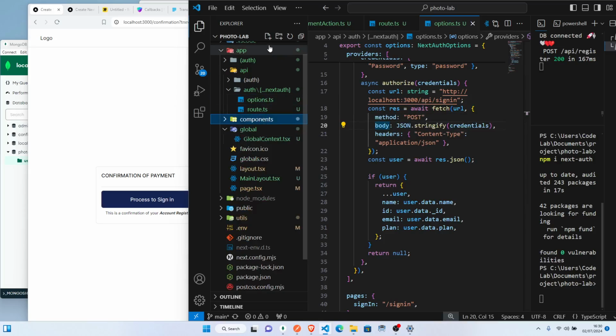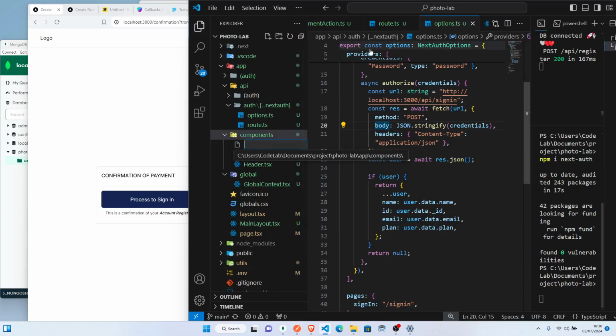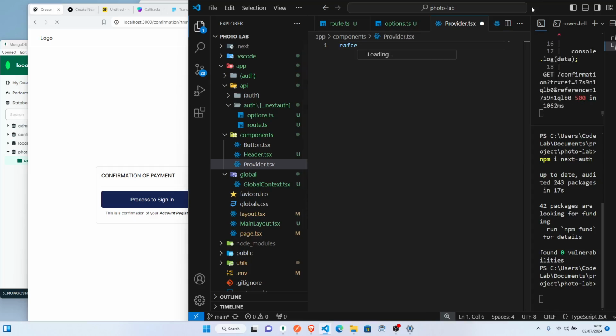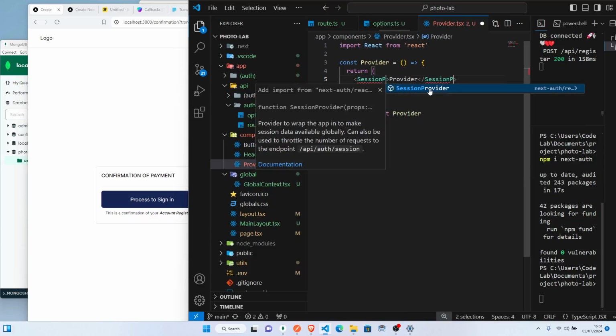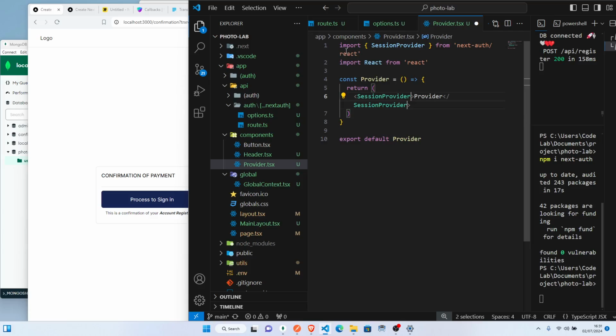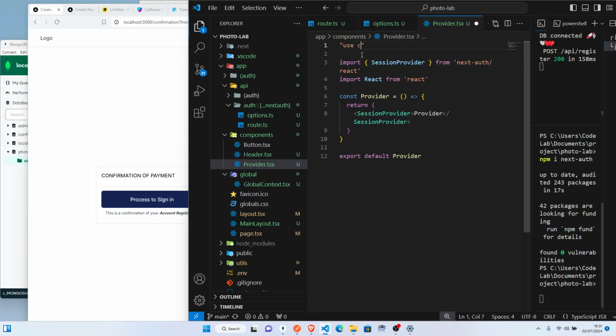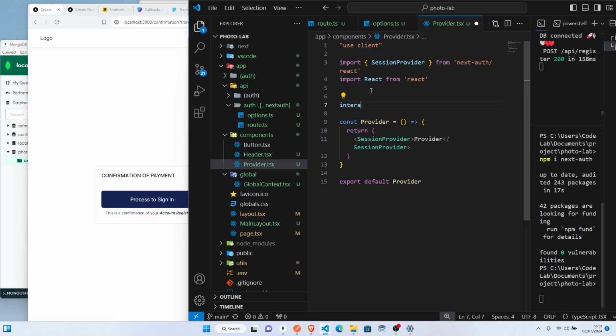inside these our components. Then I will create a folder called provider, or let me call it provider.tsx. Inside here I will say this thing will be session provider. Now remember, this thing will be a client component. If you forget, you will see an error that it will be a client component. Again, I will say